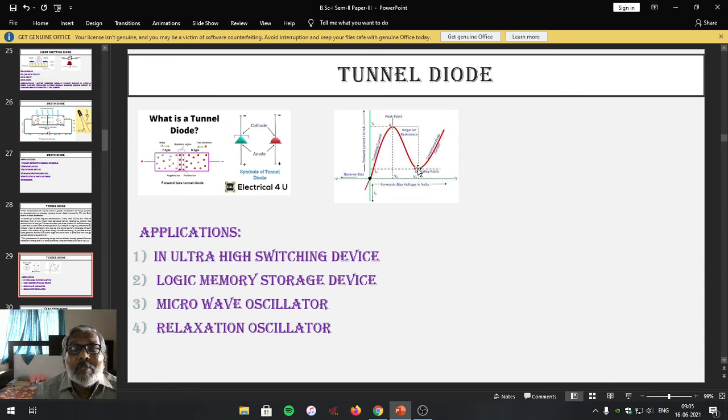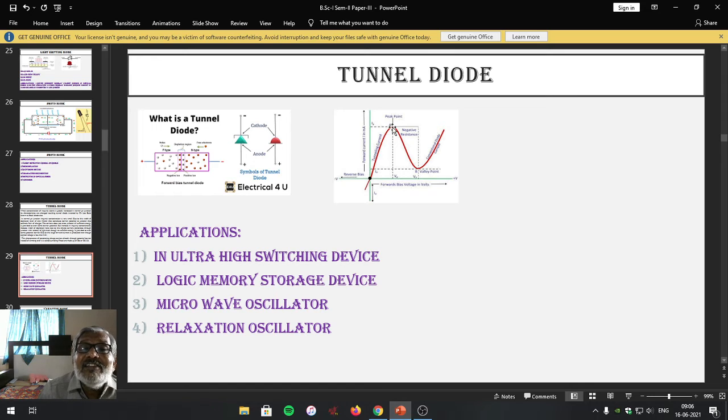of the tunnel diode. Generally, when Ohm's law is obeyed, V is directly proportional to I. V is equal to IR. We can write that R, whatever is obtained, is a proportionality constant, and that is called the resistance, and that resistance is positive in Ohm's law. But in this case, it does not obey Ohm's law. It is opposite to that of Ohm's law. And that is the reason why this diode has a negative resistance region. So this negative resistance region will continue.